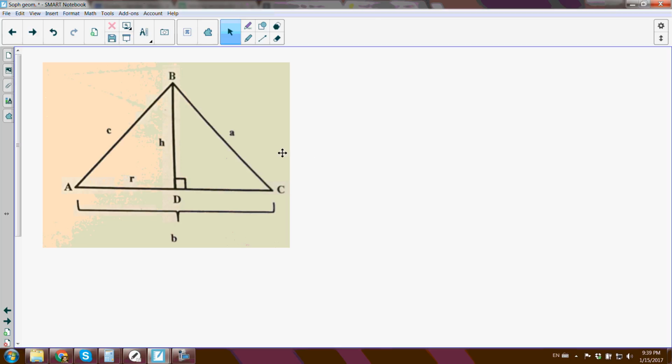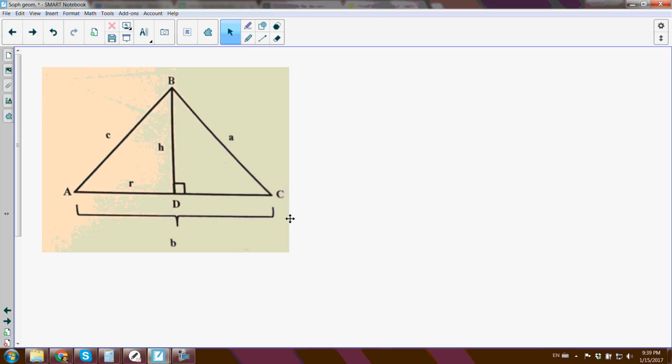Well, as it turns out, it isn't as terrible as I thought. We can see from this figure that we have a couple of right triangles here, and we can apply the Pythagorean theorem to those two triangles. This triangle on the left, clearly we can see that c squared equals r squared plus h squared. Now, this triangle over here, a squared